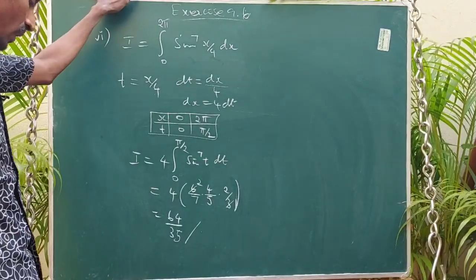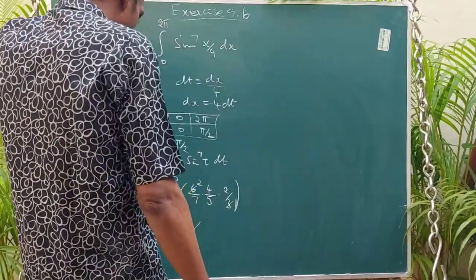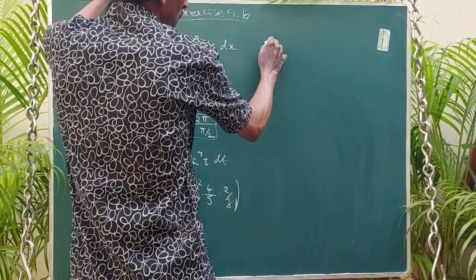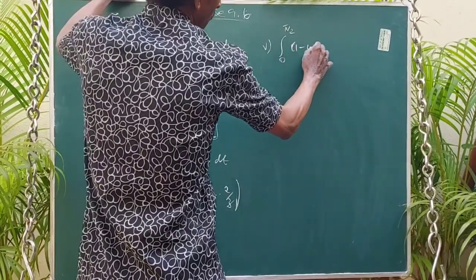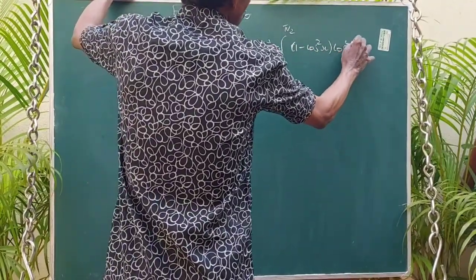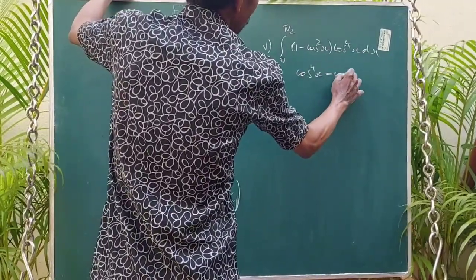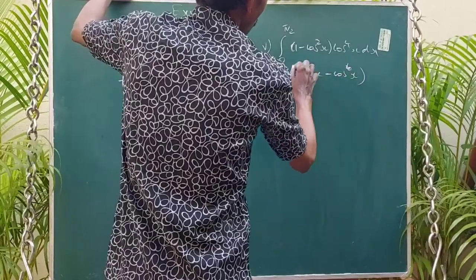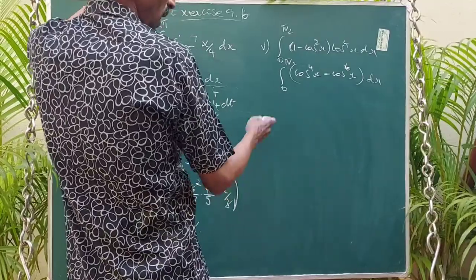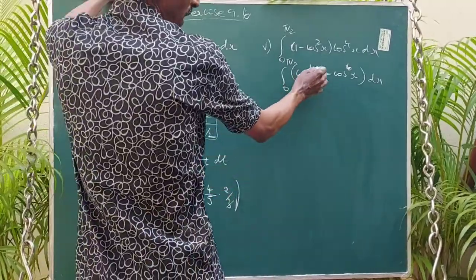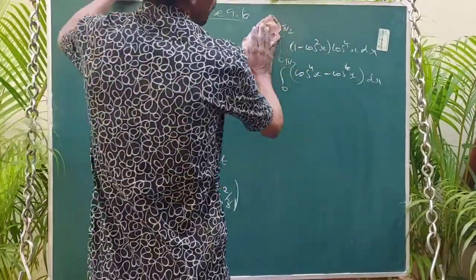Subdivision 5, if you want, you can apply the alternative method also. That sin square can be written as 1 minus cos square. The previous question, integral 0 to pi by 2, sin square can be written as 1 minus cos square into cos power 4x dx. So it can be written as cos power 4x minus cos power 6x dx. If you want, you can apply simply the formula. Okay, we are getting anyway n minus 1 by, okay, no need to apply the second type of reduction.